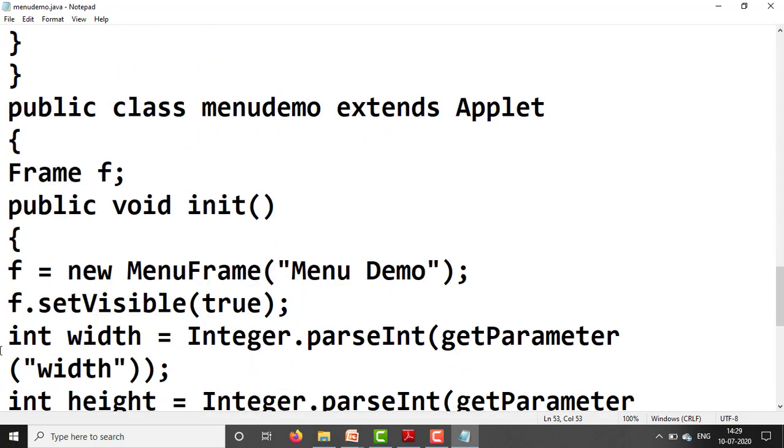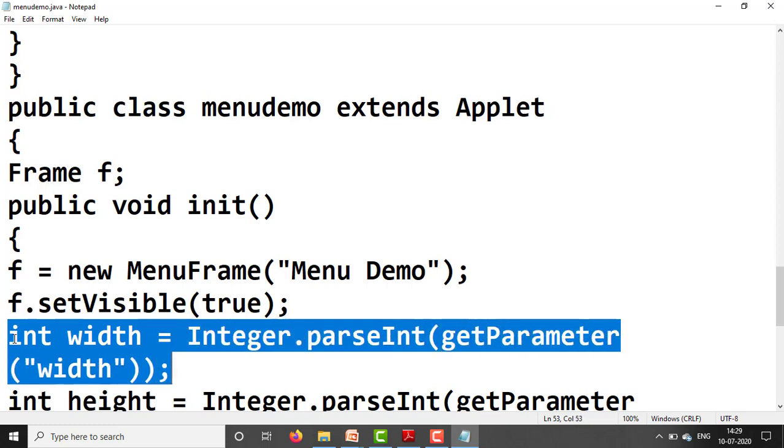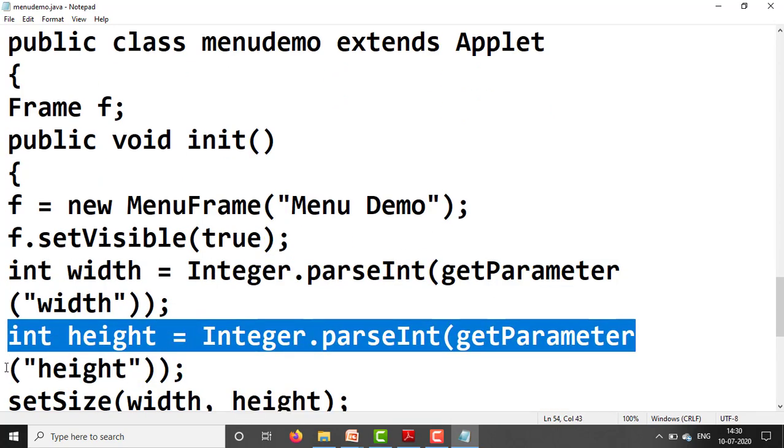Next, int width = Integer.parseInt(getParameter("width")). The parameter we passed in the applet tag, that width value is taken into the width parameter. Same way, int height = Integer.parseInt(getParameter("height")).